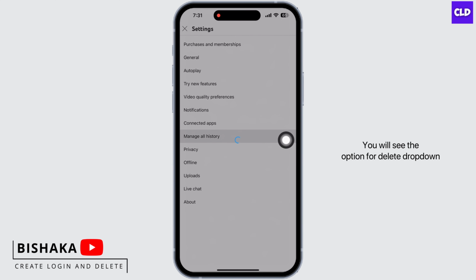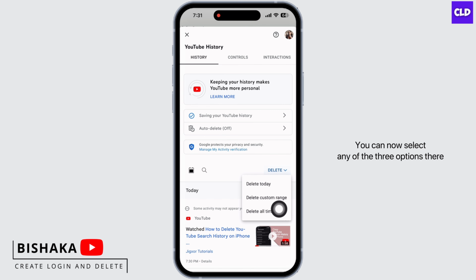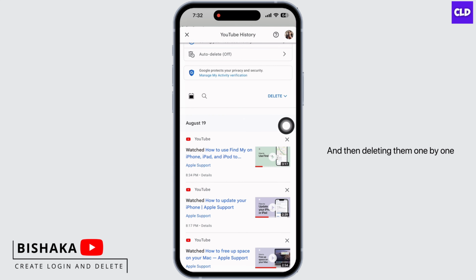You will see the option for delete drop down. Tap on that. You can now select any of the three options there, that is delete today, delete custom range, and delete all time, and delete the history from that particular time range accordingly. You can also manually delete history by selecting the cross symbol on the left side and then deleting them one